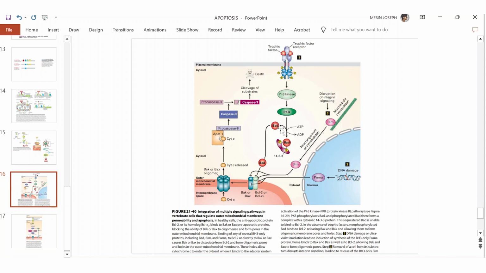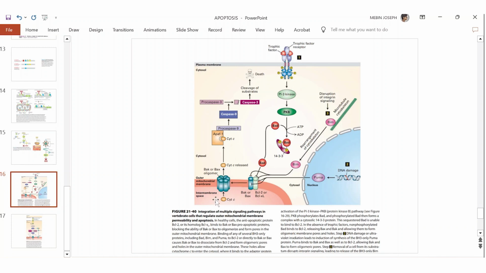And you know, BAD is a BH3 family protein. It will go and bind with anti-apoptotic protein, either BCL2 or BCLXL. Thus, anti-apoptotic protein and BH3 only family protein bind to each other. Now, by that, our pro-apoptotic protein monomers oligomerize and form a channel, and through this channel escapes our